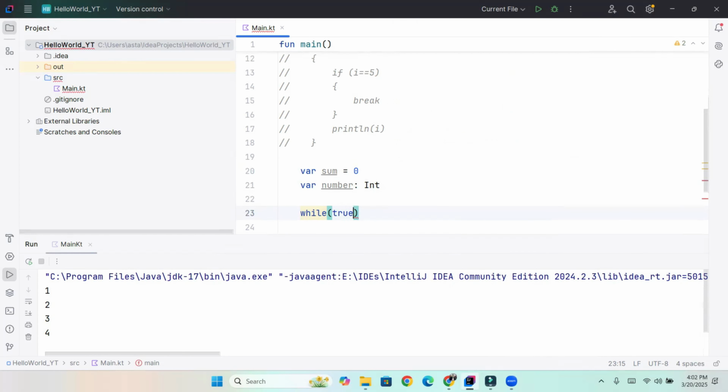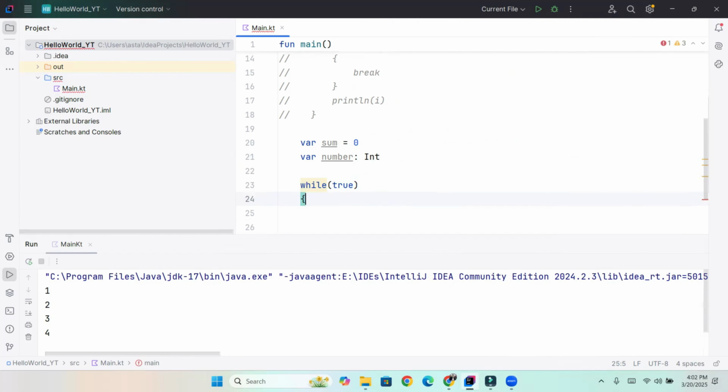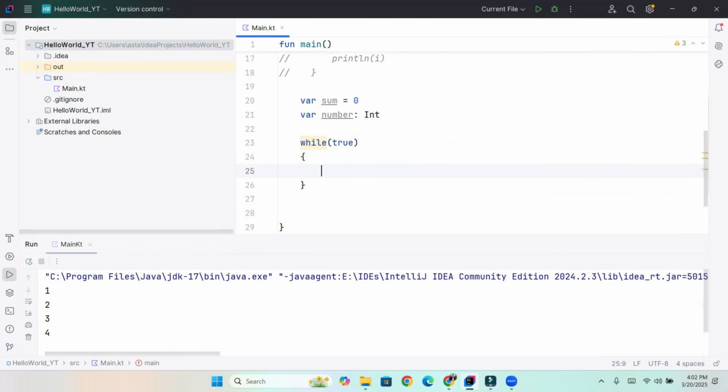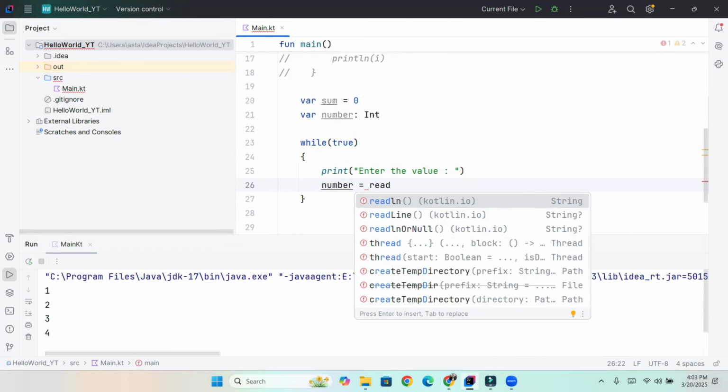This is an infinite loop in which we write the test expression as true, and let's print the statement, enter the value,